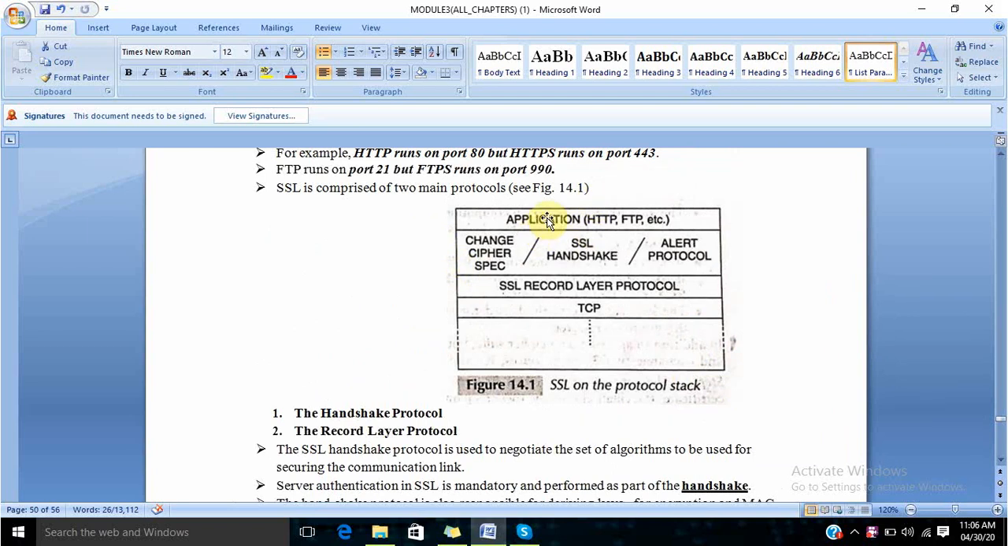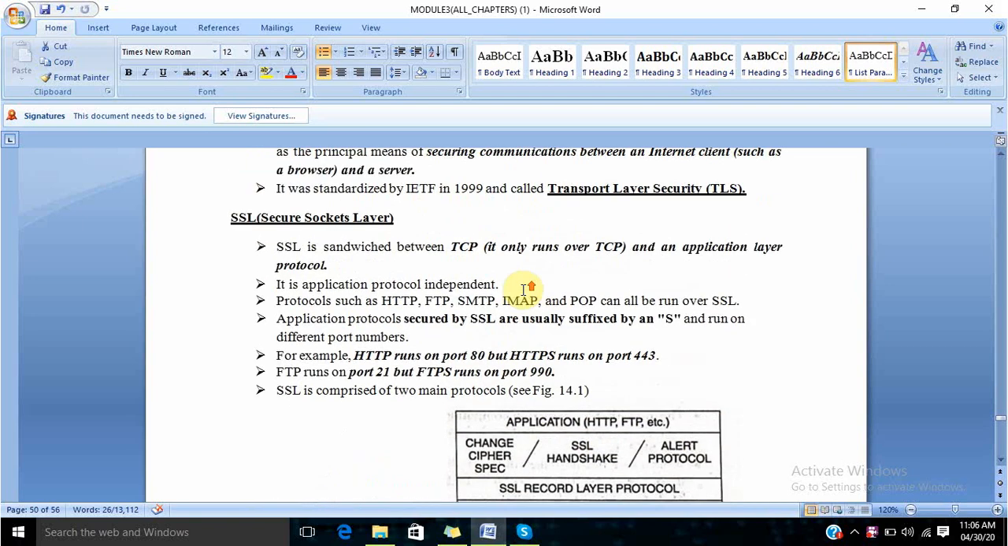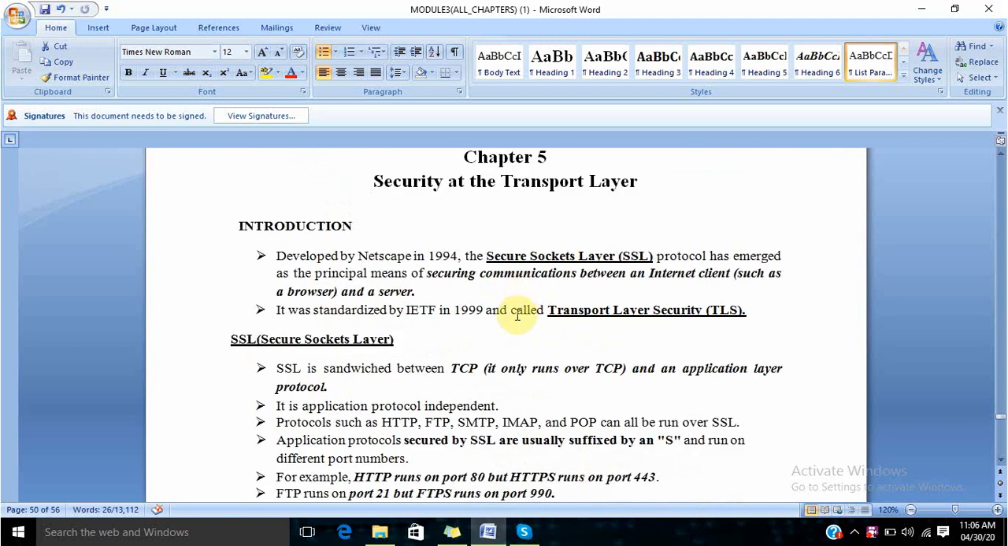We can see here, students, that between the application and the TCP we have two layers. What is the work of these two layers, how does it basically work, and what is its main work? That is what we'll learn here. Before understanding those two protocols, let us understand what the Secure Socket Layer is. The Secure Socket Layer is like a sandwich. This SSL is sandwiched between TCP and the application layer, as we have already seen